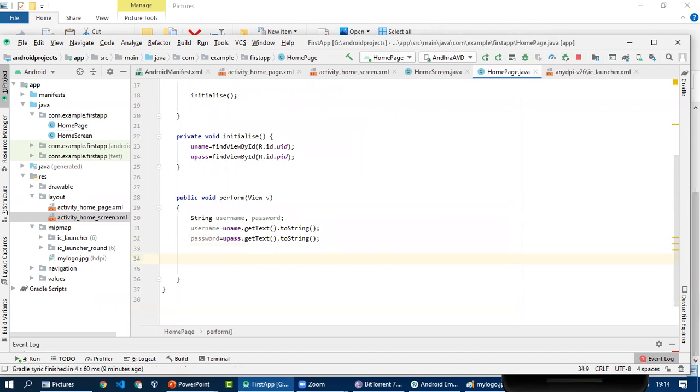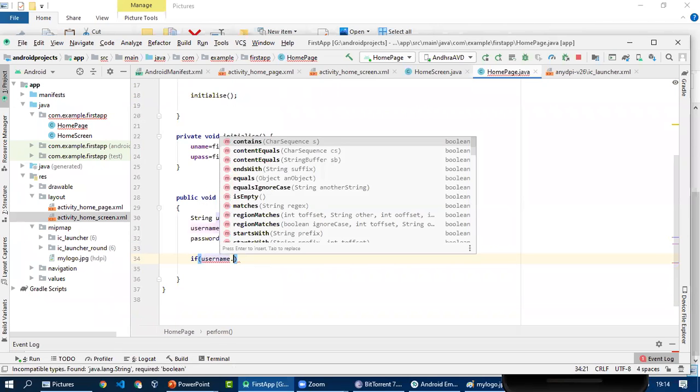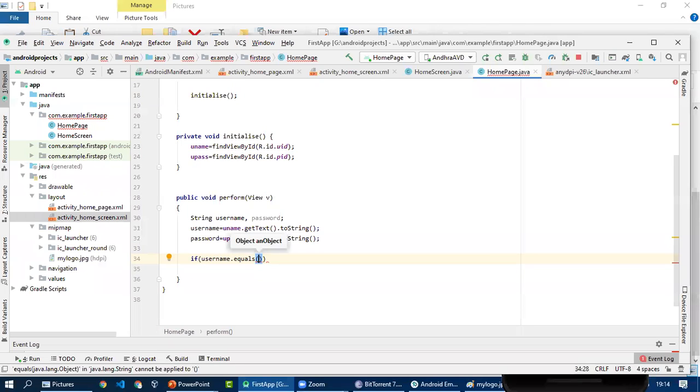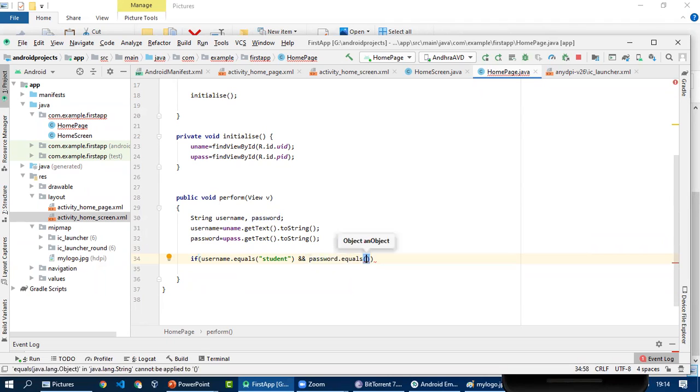Now apply the condition: if username.equals("student"), okay, and password.equals("123"),